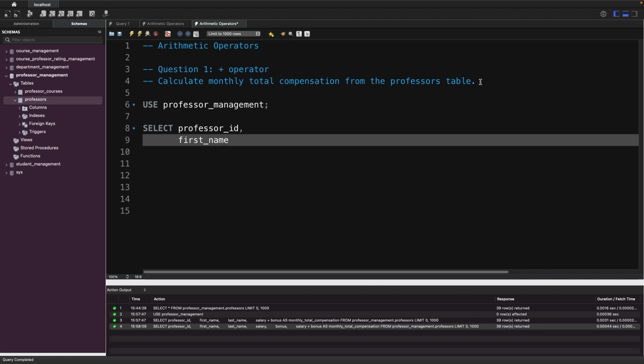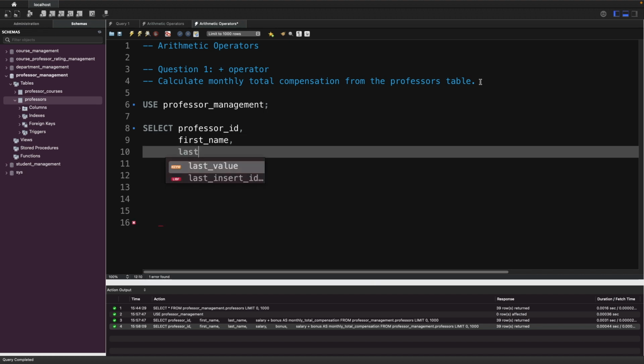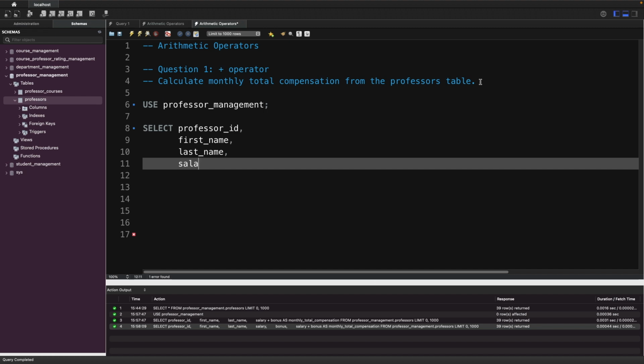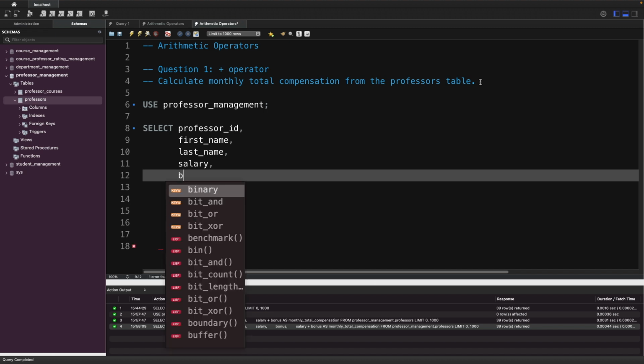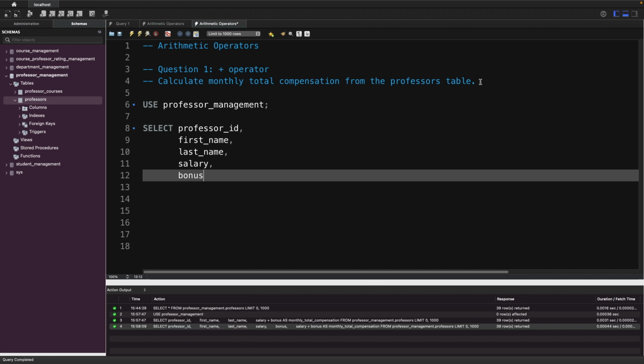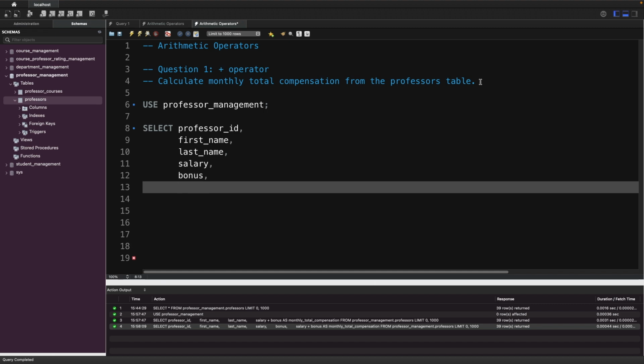After that, we are going to select the last name. And what we need again to calculate the monthly total compensation, we need the salary and we need the bonus, right? Already we have seen our formula. So how are we going to do that? We're going to add the salary plus bonus,